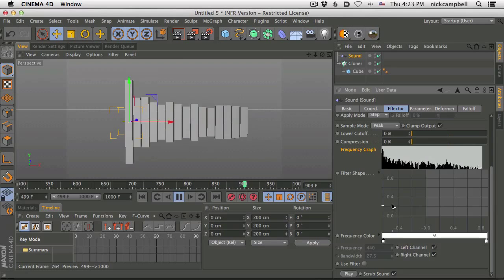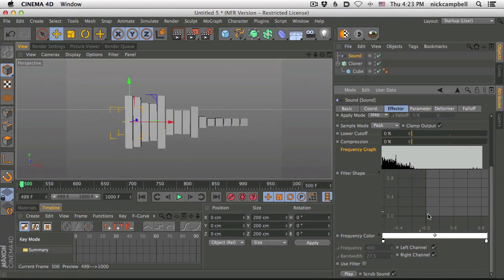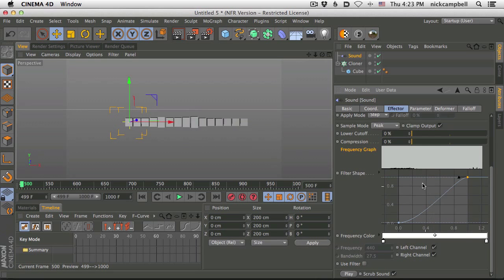So if you want to even these things out, one thing you could do is in your filter shape, you can draw a graph. So we have our new graph here. We could basically draw a little thing here from left to right. And now the right side of this graph will be higher than the left side. And you can see it's basically compressing, or not compressing in this sense, but it's turning the volume down where the curve is low and keeping the volume normal where the curve is high.